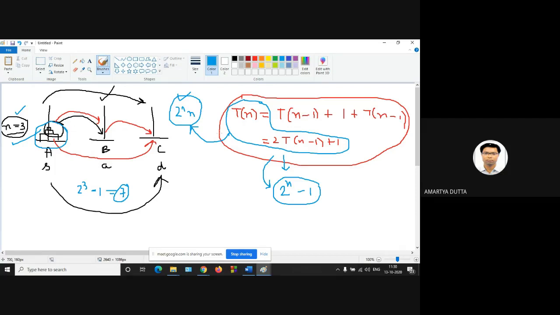So this is your homework. Solve this T of n is equal to 2T of n minus 1 plus 1 using the substitution method. There will be a GP series. What will be the form of the GP series? A into r to the power n minus 1 by r minus 1, where A is the starting element and r is the common factor. Here the common factor is 2 because there is a 2.